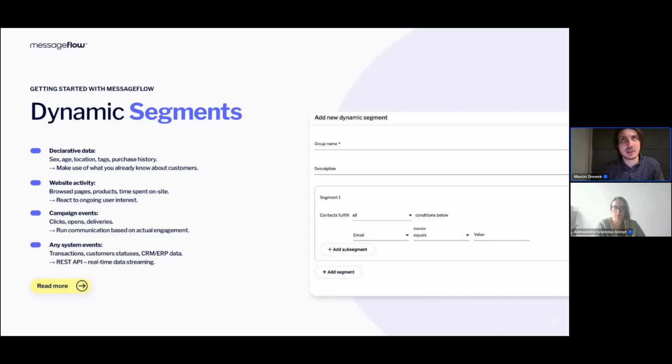But if our systems are, for example, connected via API, which is, as I mentioned earlier, the most comfortable from our perspective way of managing the data on our platform, dynamic segments are just type of the data, declarative data, that are gonna be describing each part of the segment that we're gonna use the message. So, for example, if we're gonna make a segment that's going to be containing people between 18 and 24 years old, and we are providing and updating those data, we don't have to manually each time create a new group,